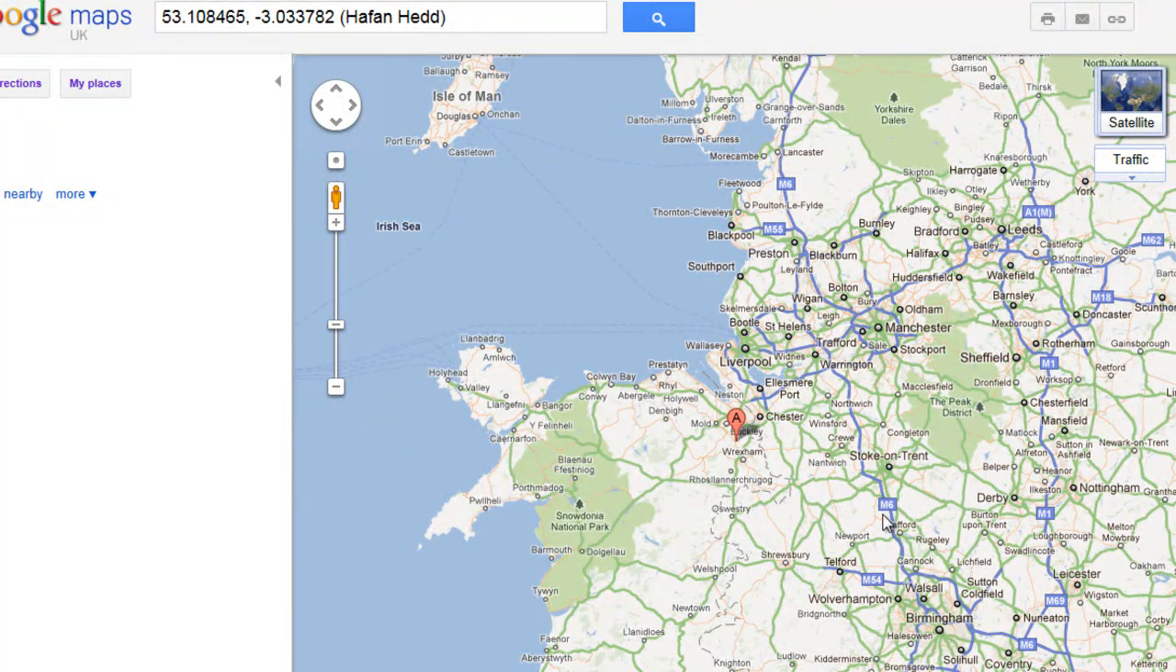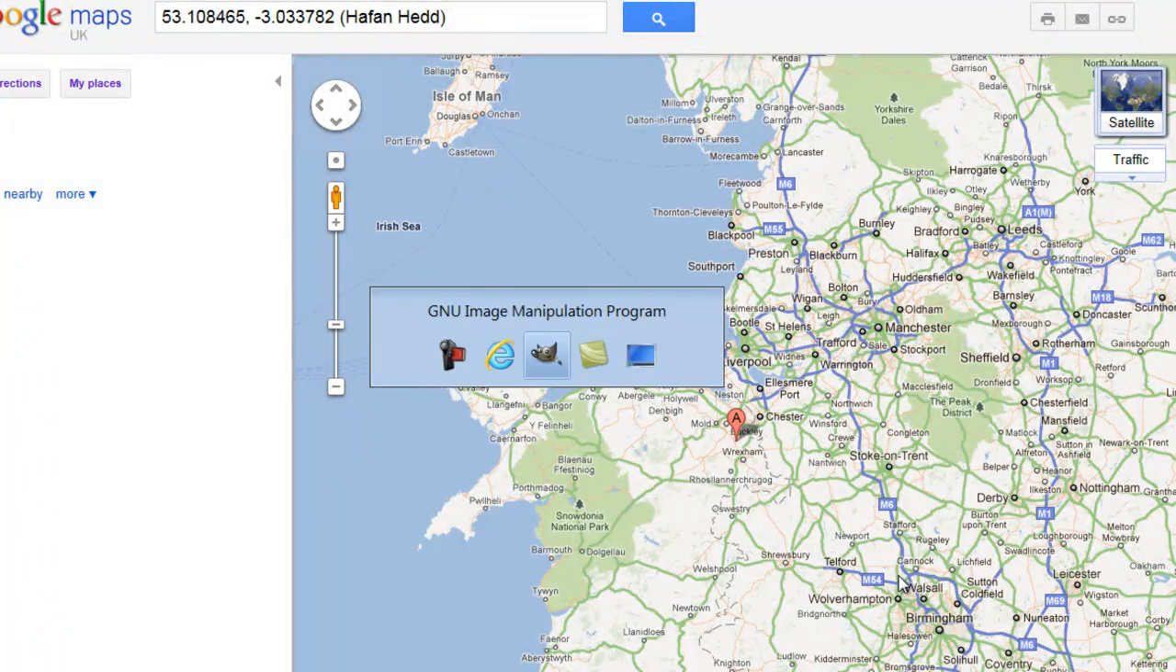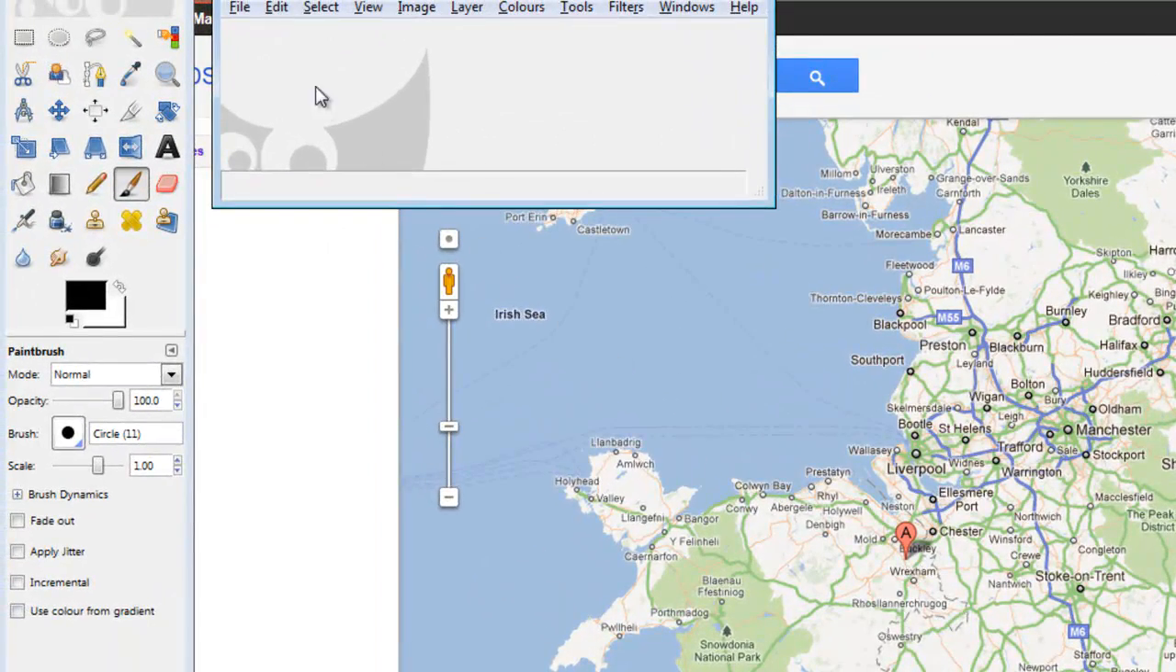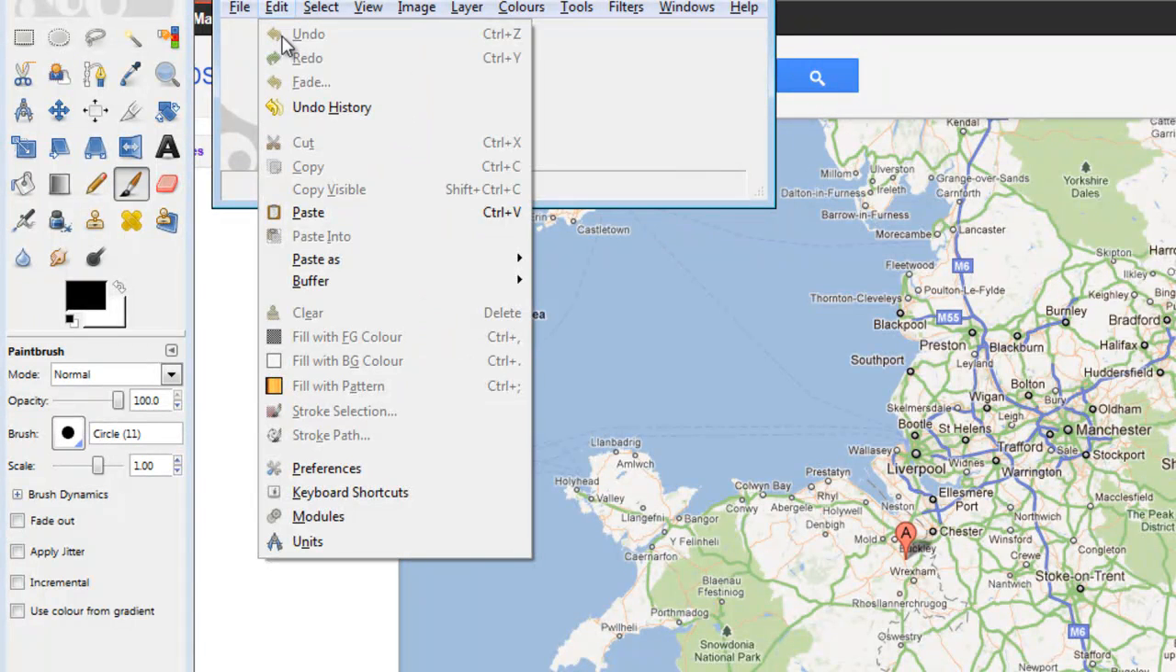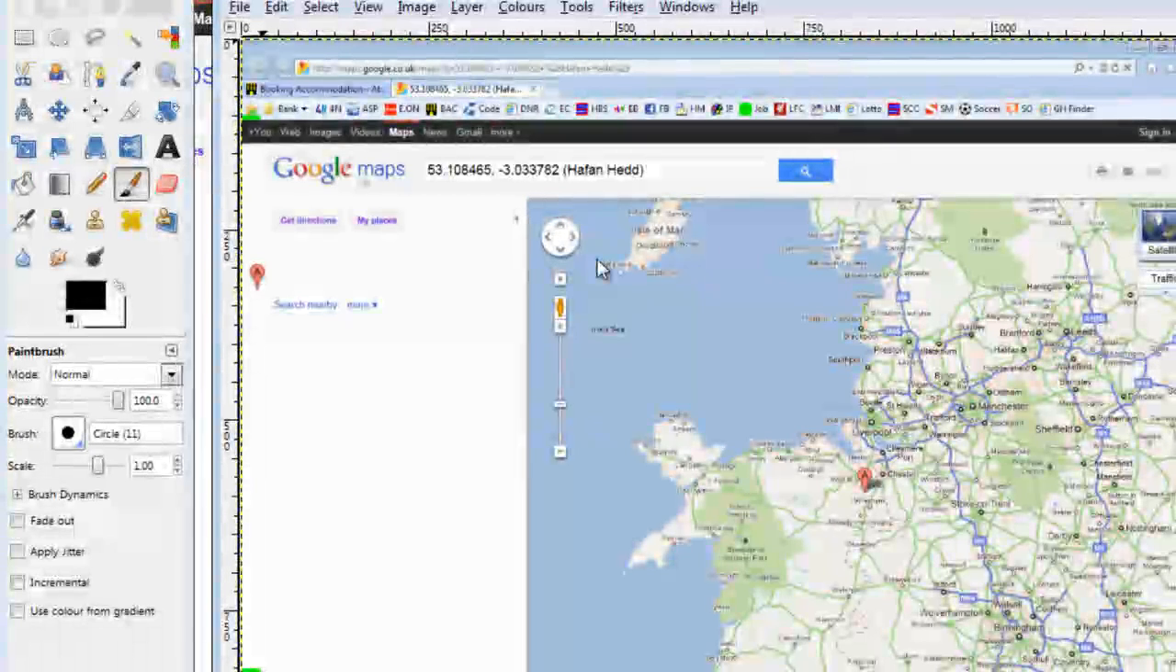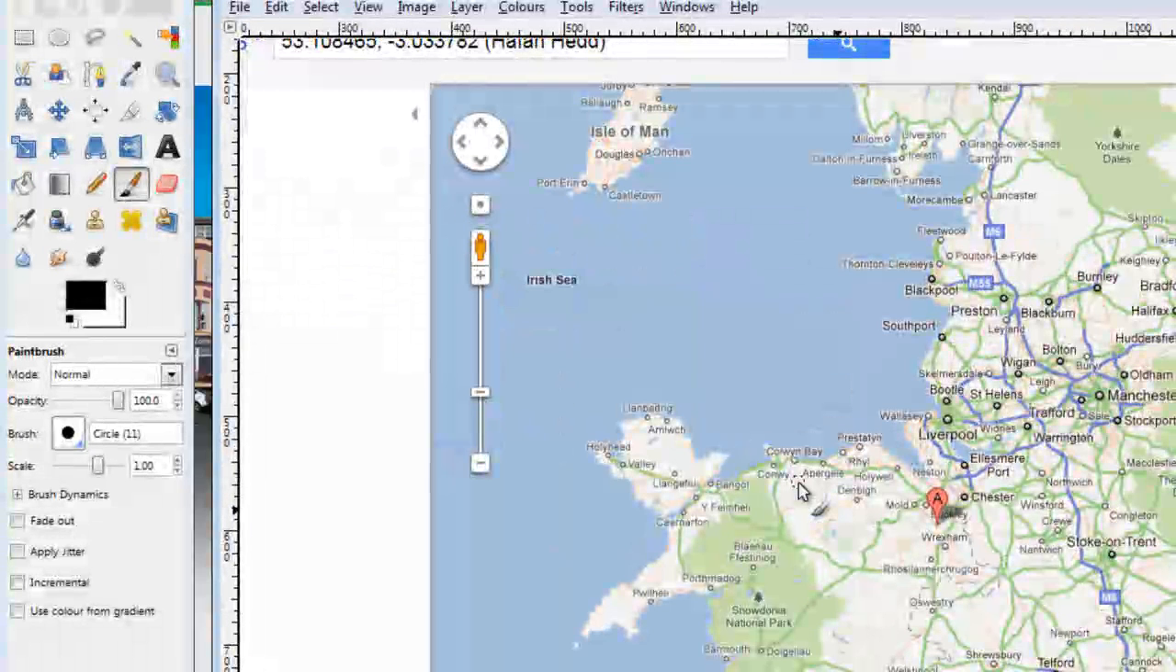So here I will press print screen on the keyboard, which is up on the top right of the keyboard normally. From that pressed, I'll load up the GIMP software and choose edit, paste as, new image. Then if you press 1, that will